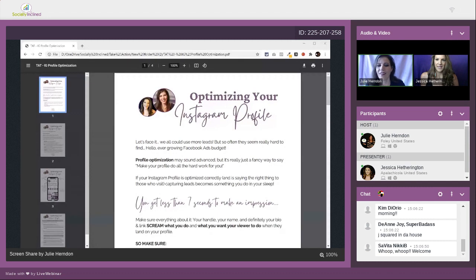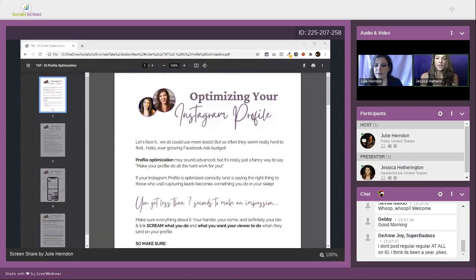Exactly. And Julie has a wonderful point because even if you are not present on Instagram, the least and the most important thing you can do is optimizing your profile and, like she said, posting every once in a while. That will still help you capture leads from people who may not be on Facebook, but then they hear about you. You still have that presence on Instagram and you still have a way to pull them off of Instagram and into your sphere. And that is what we're going to talk about today.